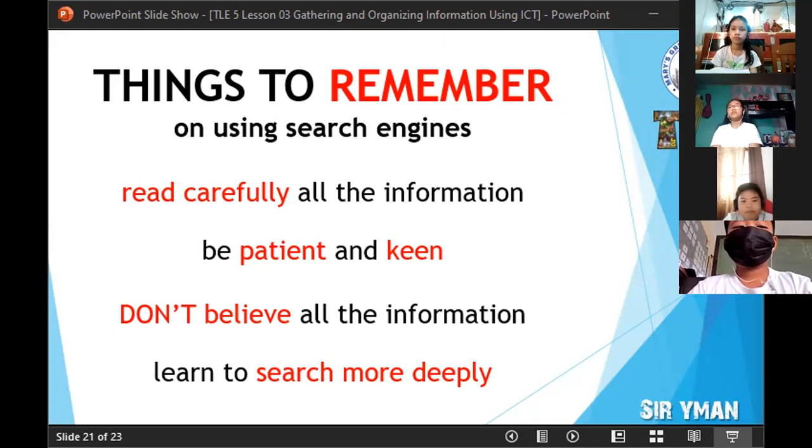So lahat gumagamit ng device, ng gadget. So pagka personal computer ang gamit nyo, sudden electrical failure may happen. While using your gadgets like laptop, si Mateo using laptop, merong iba gumagamit iPad, tablet, or cellphone. Ang nangyayari naman dyan ay they may run out of battery charge while you are doing your research.